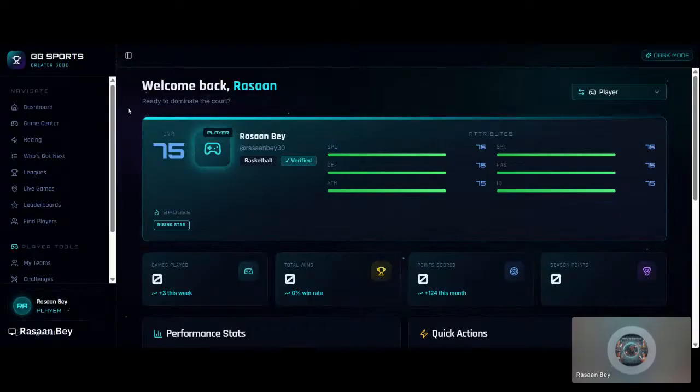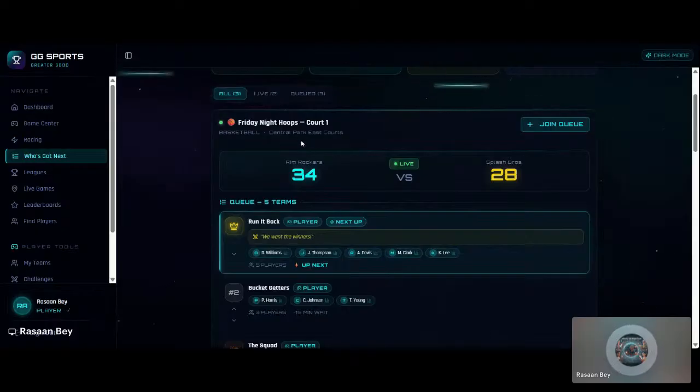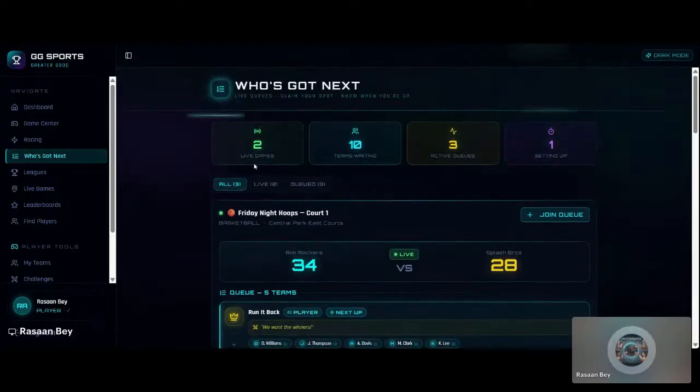So yeah, this is the sports app, GG Sports app, Greater Good Sports app. And what I'm going to be doing is going to the courts. I'm going to go to the local basketball courts, and we're going to have the Who's Got Next queue it up on the courts. All the players who's going to be playing